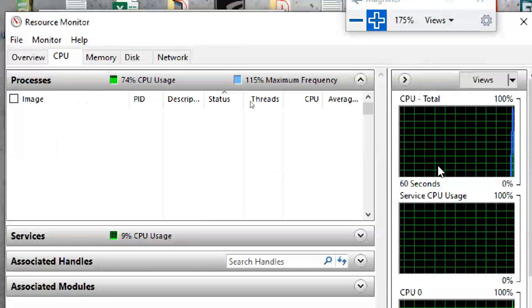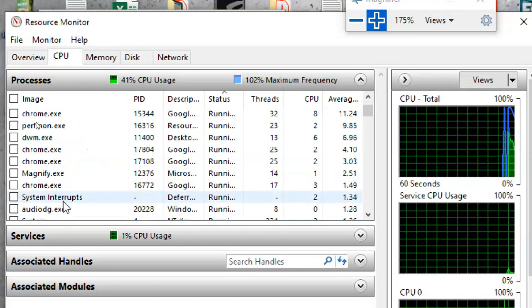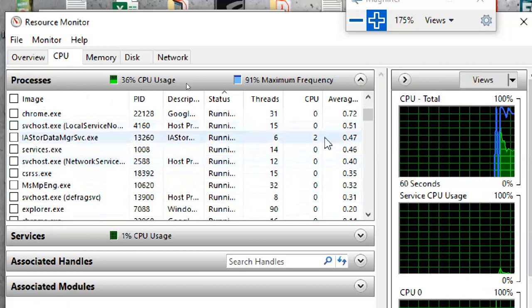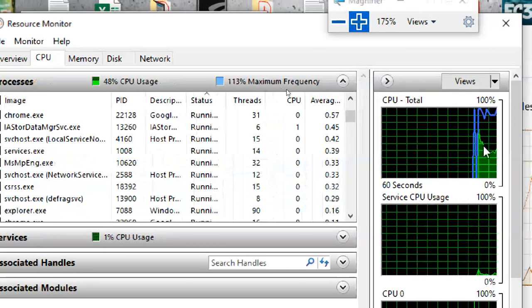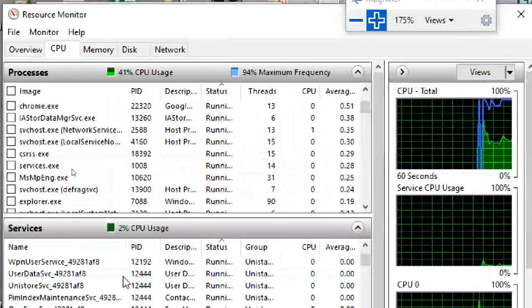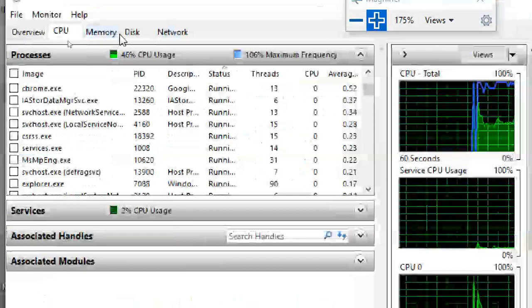So CPU, how much utilization of CPU? Each individual process, what is its process ID, and how many threads are running, and utilization it is showing. These are services, how many services are running in your system, also it will show from here.